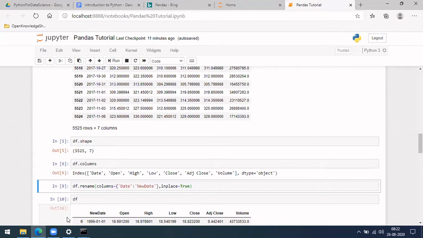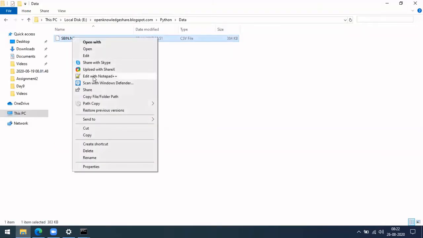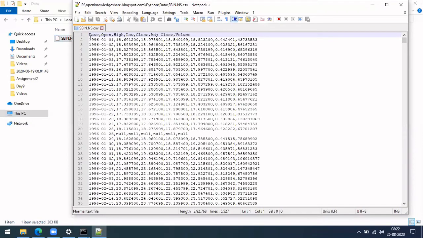Similarly, let me open that CSV file as well, so you can see what exactly it has. I don't have any viewer, so I'm opening it in Notepad. The first row contains these names separated with commas. These are the column names. Okay, that is how it is.